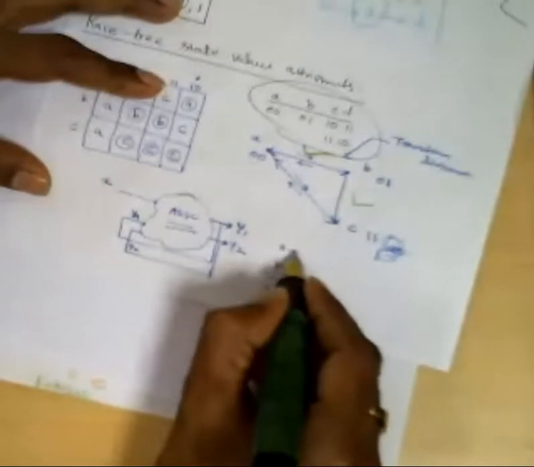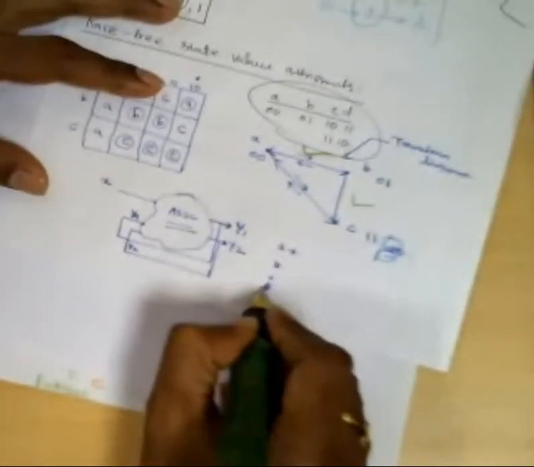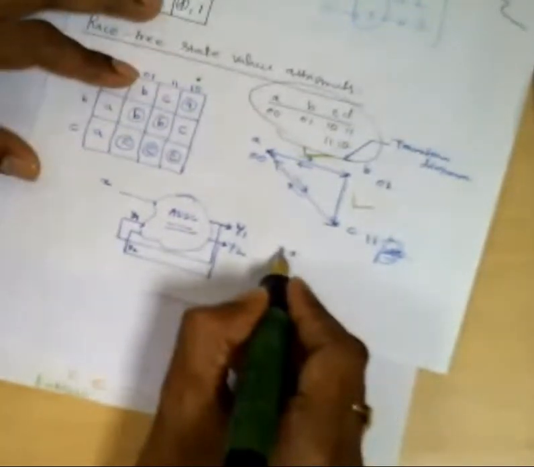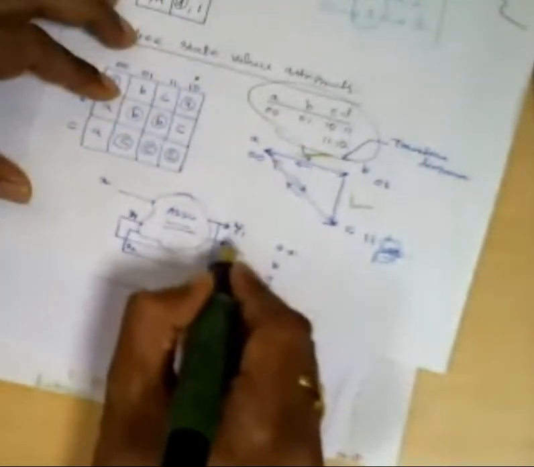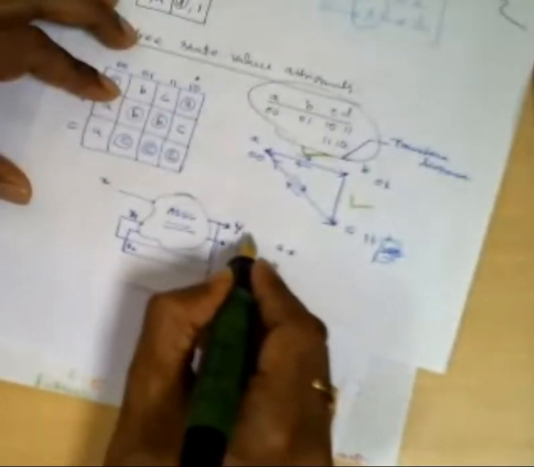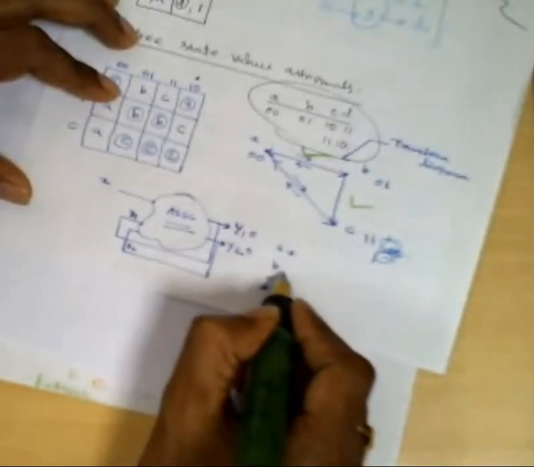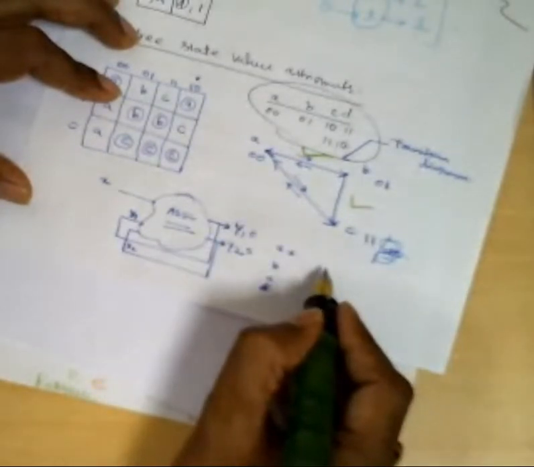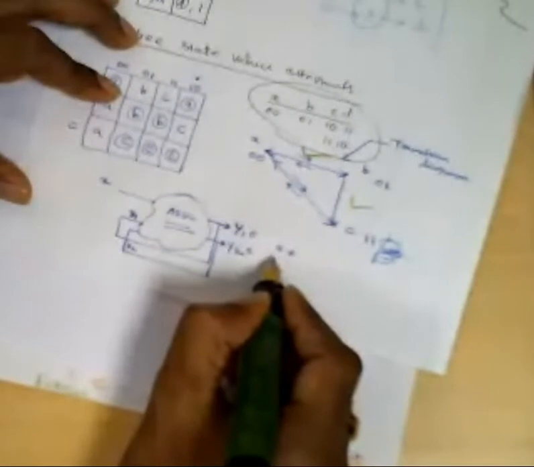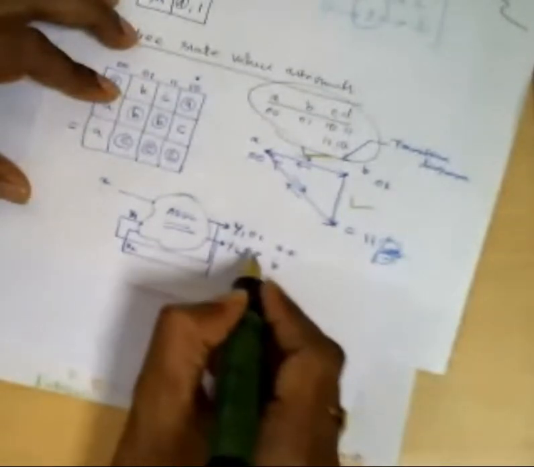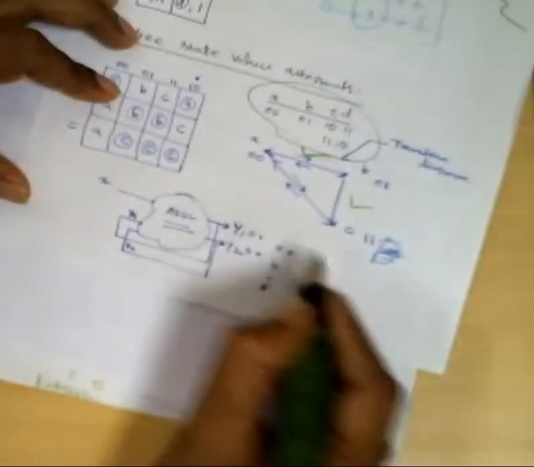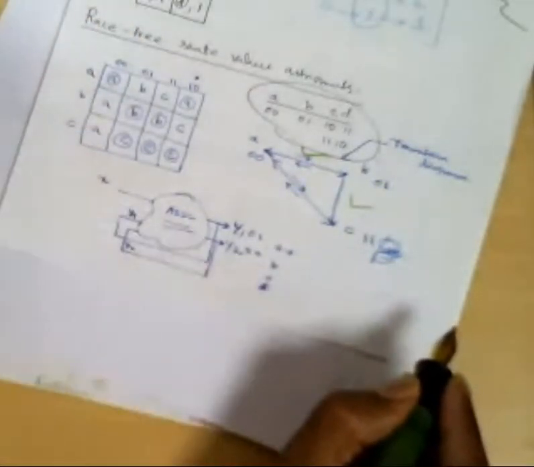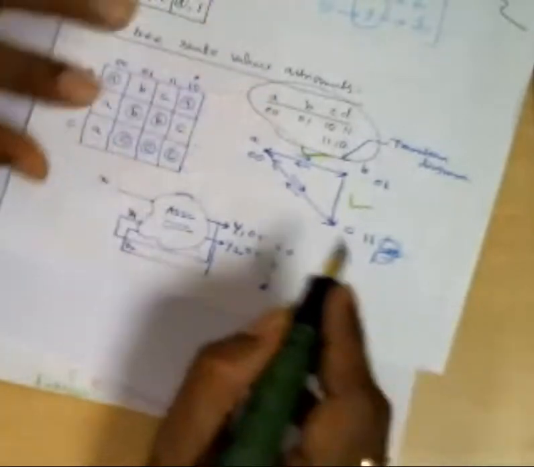So A means there are three states now. So we should have two flip-flops, right? So A should be replaced by some values, Y1, Y2. If I assign 0, 0 here, then for B, I should not make these two variables change. I should allow only one variable to change now. So I can assign 1, 0. So now you see this is adjacent to this one. Adjacent means the difference between these two is only one bit, right? So it is called adjacent.